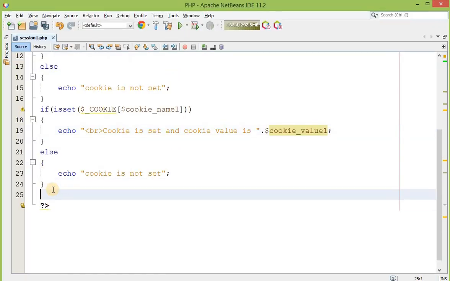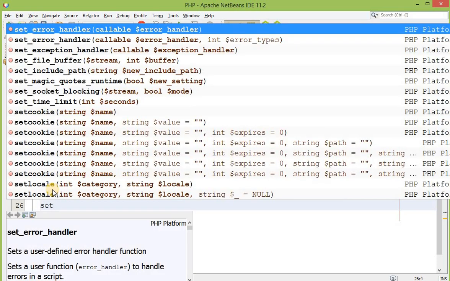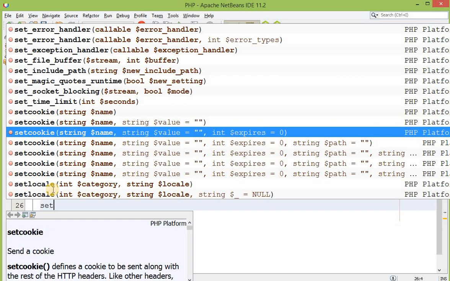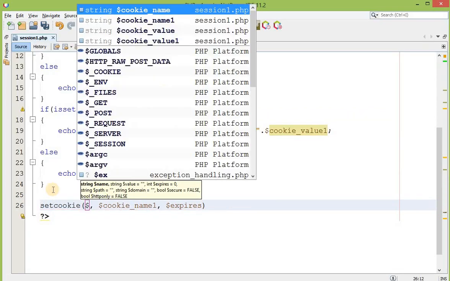Now if I want to destroy this cookie variable, I don't want to store it, then there is nothing complex, it's very easy.